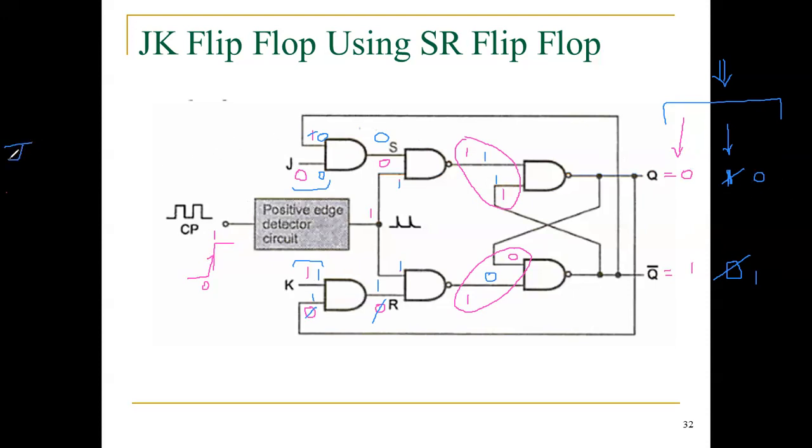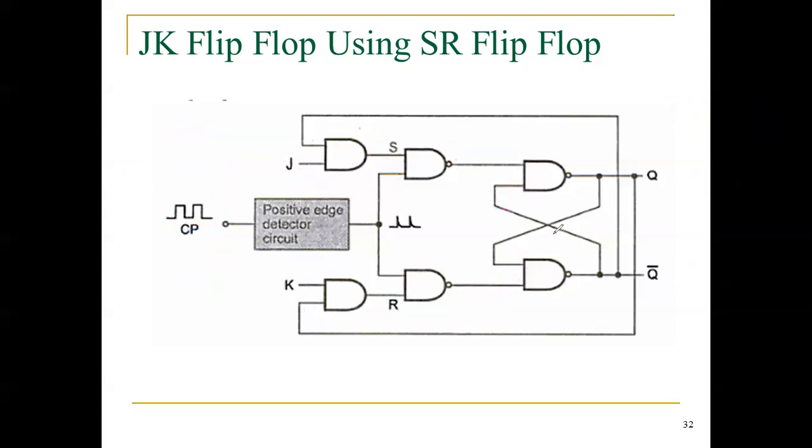Therefore, what is the truth table? My J and K is 0, 1. 0, 1 means the previous Q input is 0 or 1. Whatever the present output Q and Qn plus 1, or Q bar, is 0, 1, 0, 1. So here the output is 0, 1, 0, 1. That's all. The same thing is shown in the tabulation.